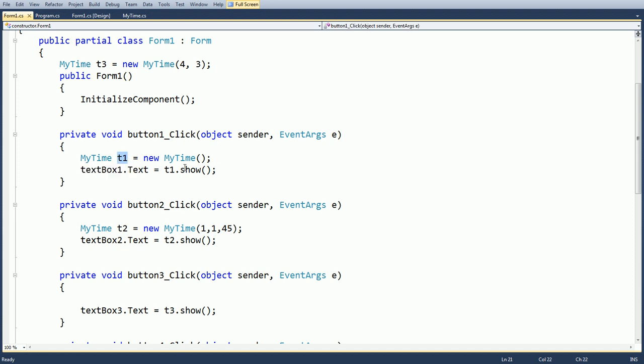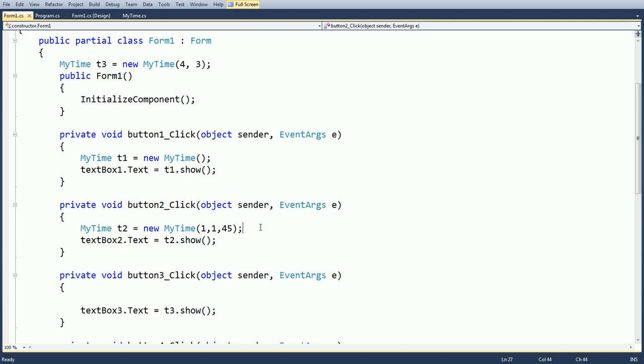After that, simply create the first object by clicking on button 1, and it has a default constructor in which we access the current system time by using the date and time object. Under text box 1, it will show t1 dot show, that is, the first object is declared, and it automatically invokes the constructor.